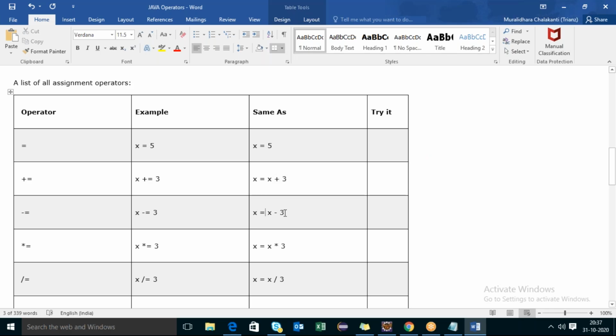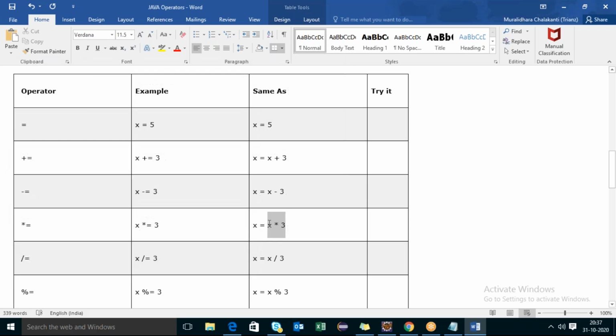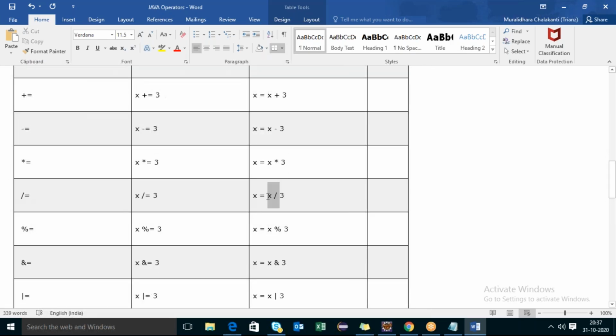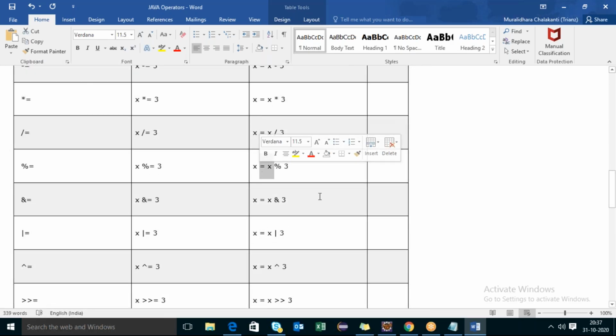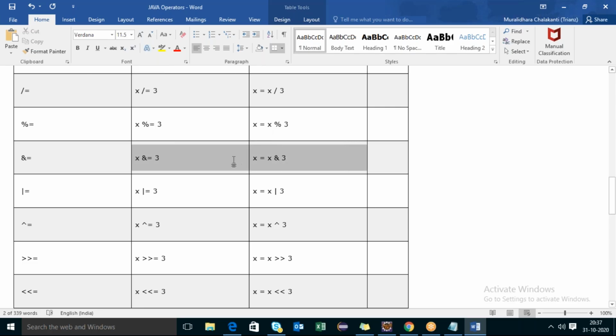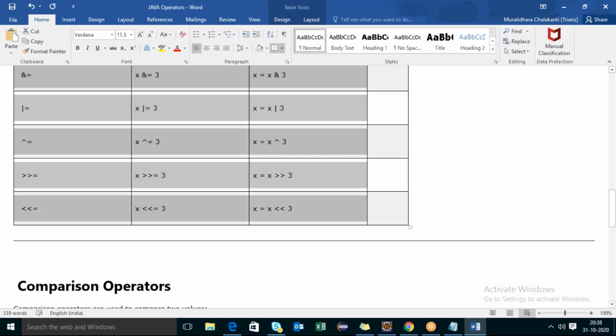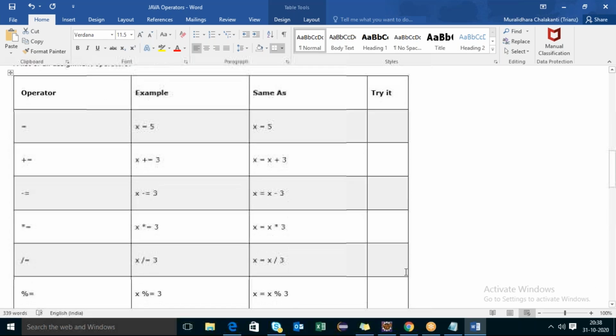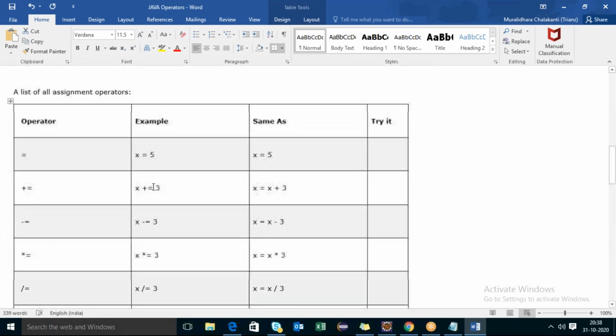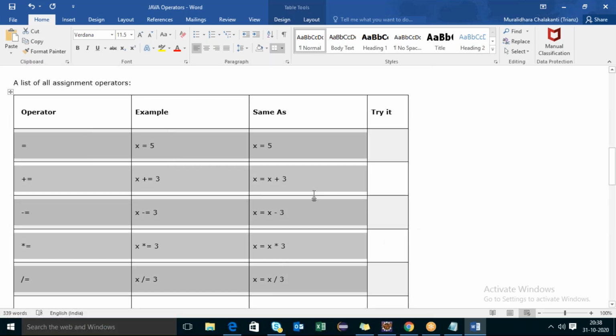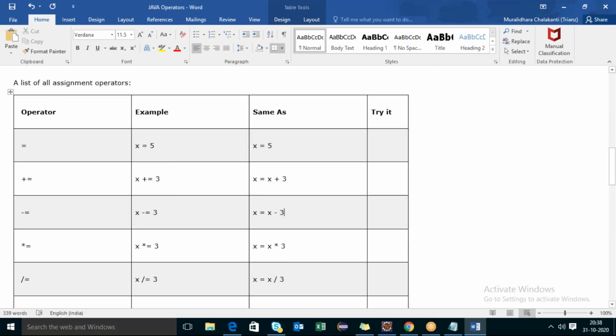Same like here, x minus 3. And here the same for multiplication, the same here for division. Here modulus, and then the and operator. This is not much used, so you can understand by executing and checking the output: store one variable, take this and operator, and print it like this. So mostly we don't use this one. Majorly we'll use this team, arithmetic operations, and then assigning operators. Under assigning also we'll use only these first three,